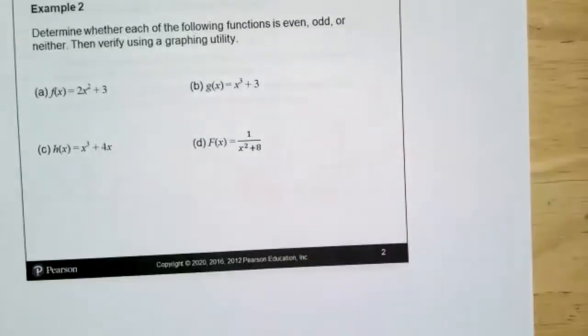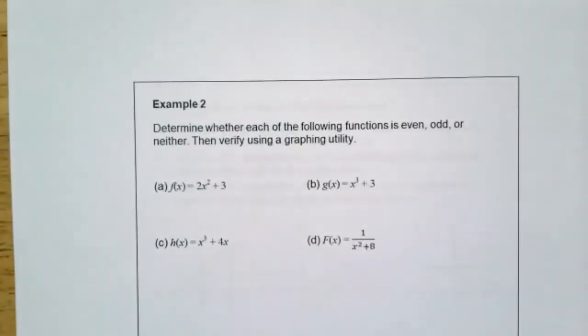Now, for example 2, determine whether it is even, odd, or neither. We are not looking at the graph. You can put it into Desmos. Remember, you can always put everything into Desmos. But if they just give us the math, remember the rule, okay? What we're going to do